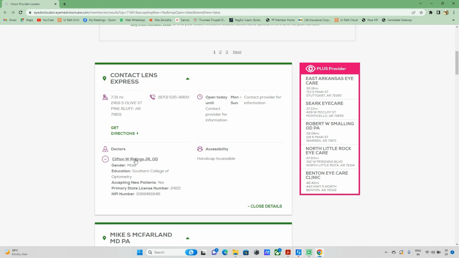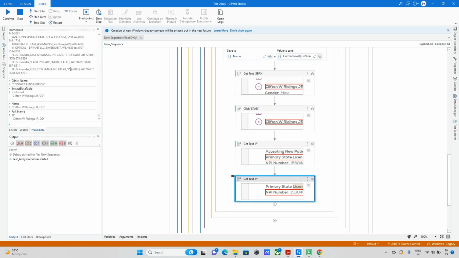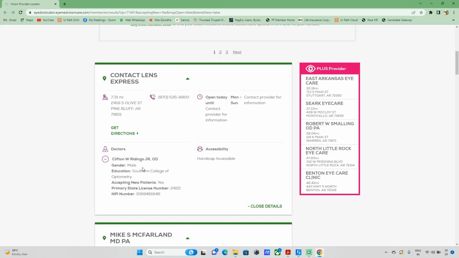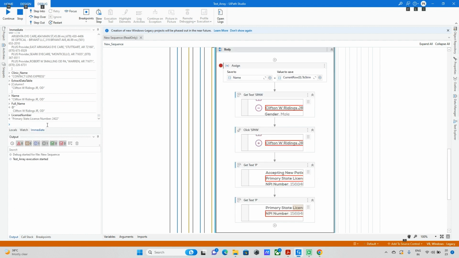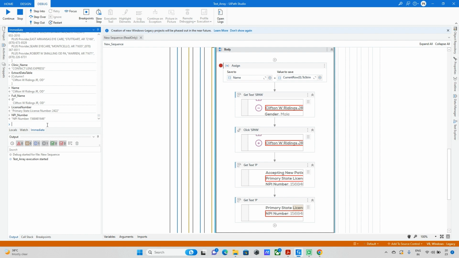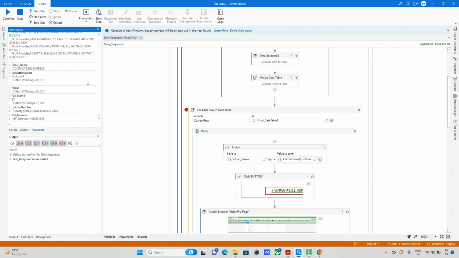Okay, click on the my requirement data, and next it fetches the name, the primary license number. Okay, fetch the license number, and finally the NPI. Okay, now all the details are fetched. Now let me stop this bot,